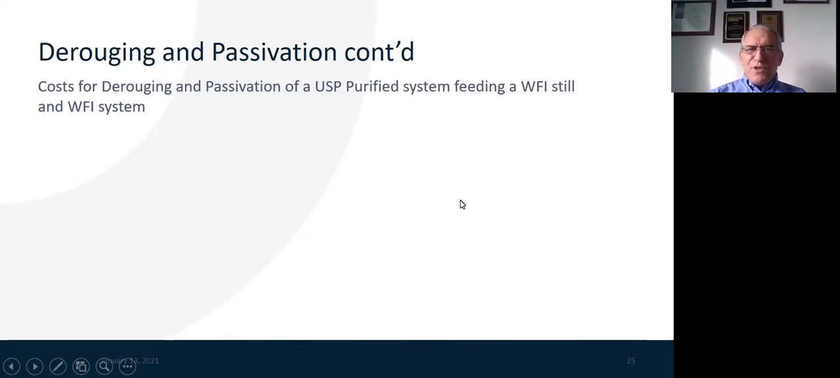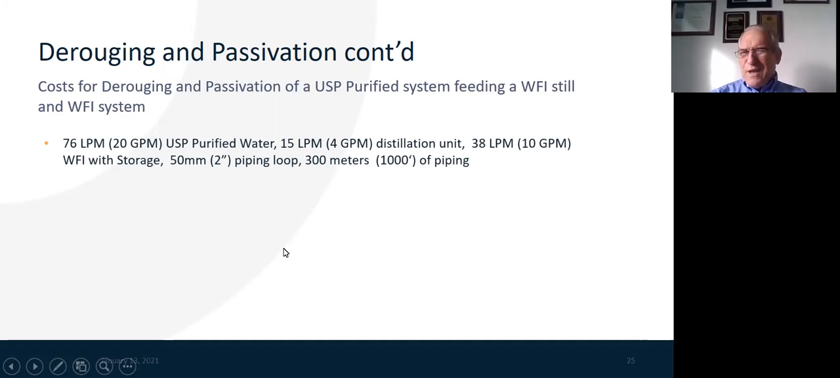The costs of derouging and passivation for a small system are being elucidated in order to show even a small system what the actual costs are. This is showing a 76 liter or 20 gallon per minute system of USP purified water